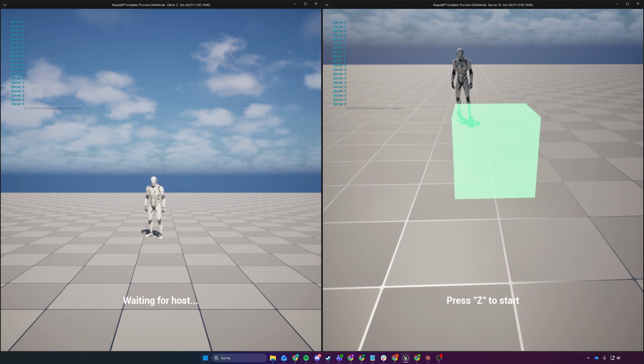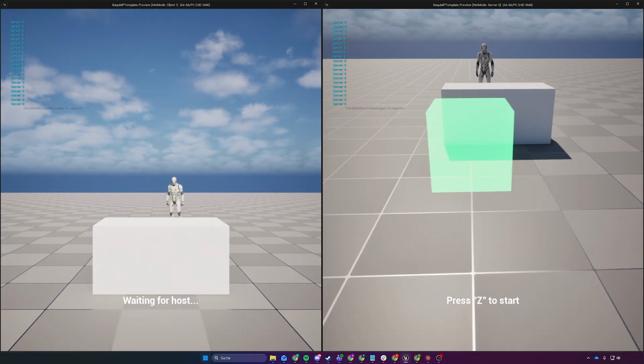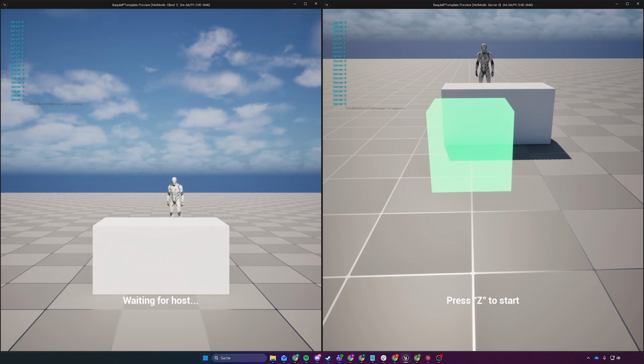Hello, Lama from BakuDev here, and in this tutorial series we will be learning how to create a multiplayer-proof building system. We're going to take care of validation and replication, we're going to create a data table where you can save all your buildables, we're going to create some modular classes which you can then extend your buildables from,